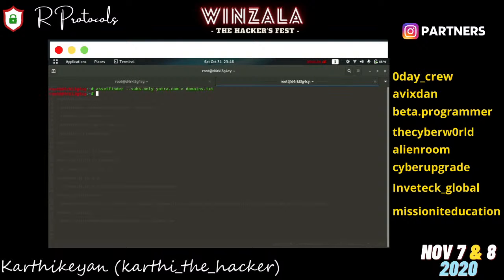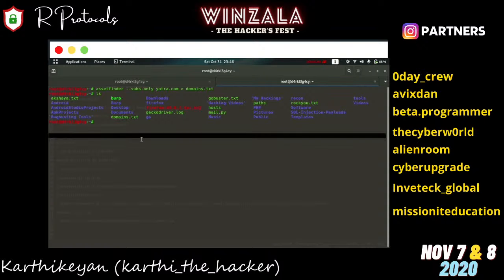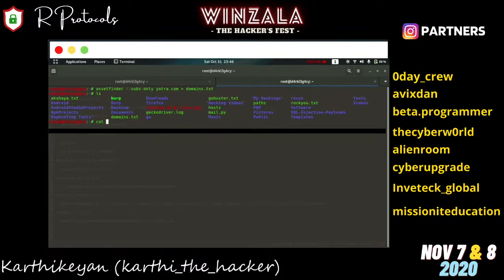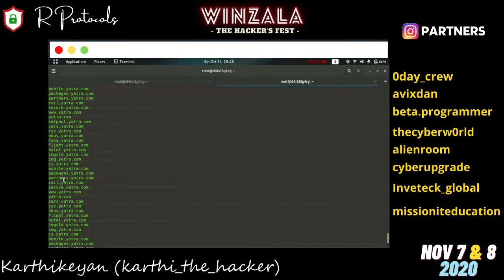Yeah, it's over. Now let's list this directory. See, it has finished. Now let's view this file, domains.txt. We can see the subdomains here. A lot of subdomains are listed. So it's very useful for us, and it's a time-saving factor, giving a huge number of subdomains within a few seconds. This is why we are using this tool. It uses a small thread process to give this larger output.